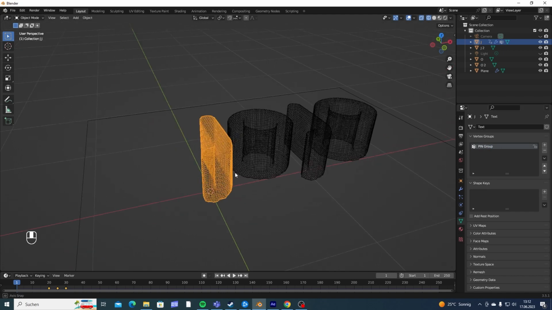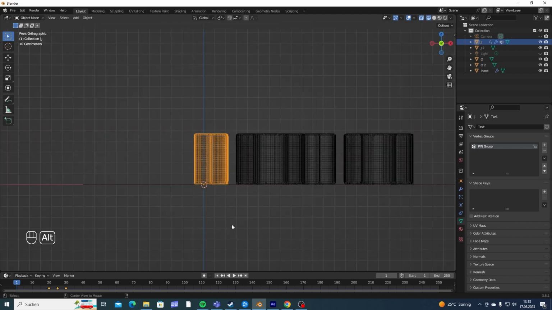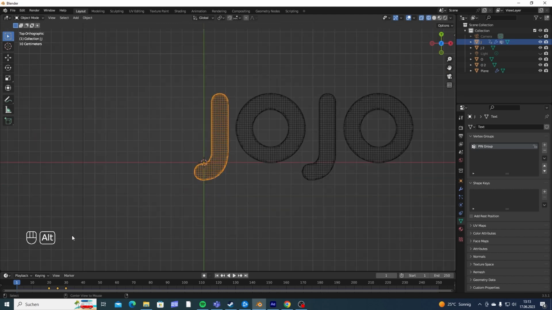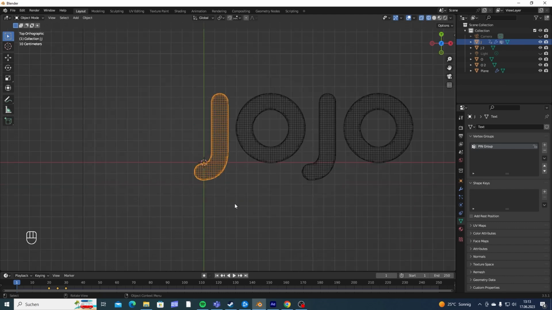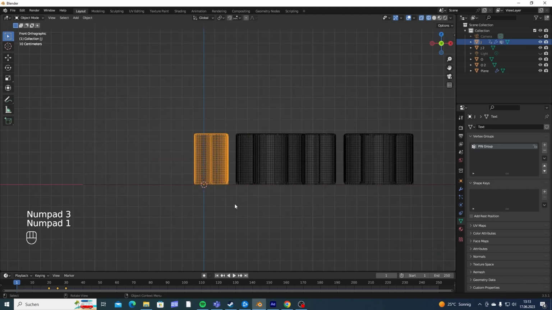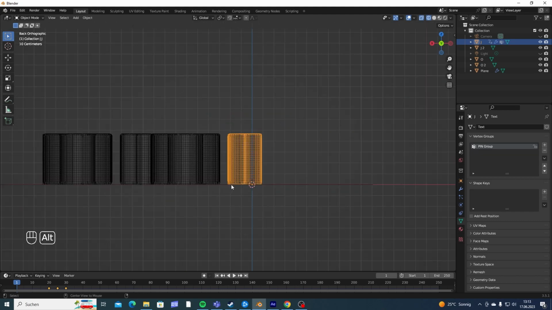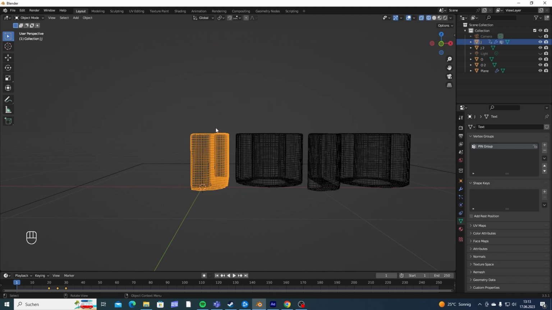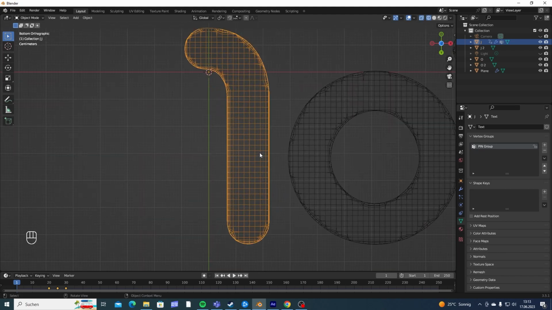There we go. And now you want to go under your text, right? Another really cool shortcut, if you hold Alt and drag your middle mouse, it's the same thing as playing around with the numpad thing, right? So I use this all the time. I think it's pretty handy. Yeah. Okay. Just go below your text,